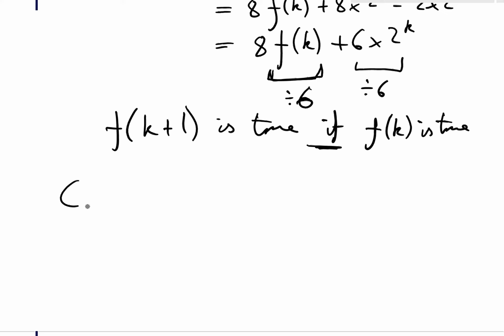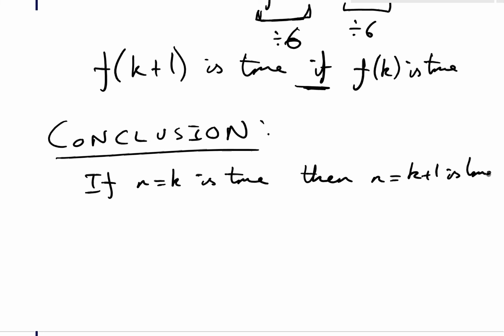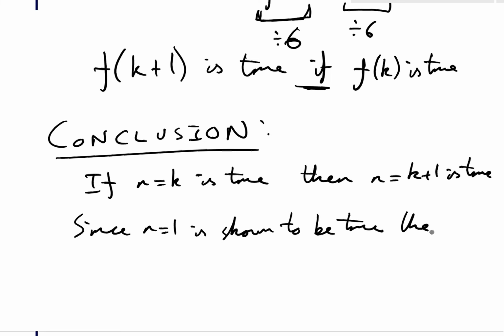Okay, and now it's just a case of the final few marks, which I'm going to pick up, are done in the conclusion. Basically summarising everything which I've just explained. So, if n equals k is true, then, by induction, n equals k plus 1 is also true. And I've shown that since the first thing which I did with the base case, n equals 1, is shown to be true, then it must be true for n equals 2, n equals 3, n equals 4,